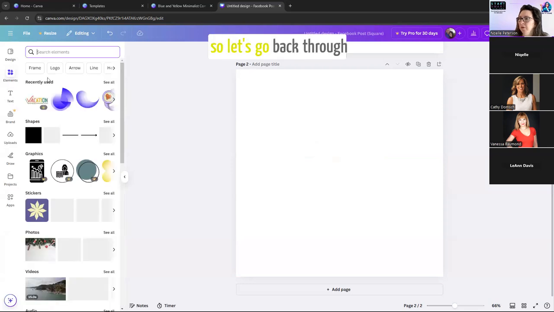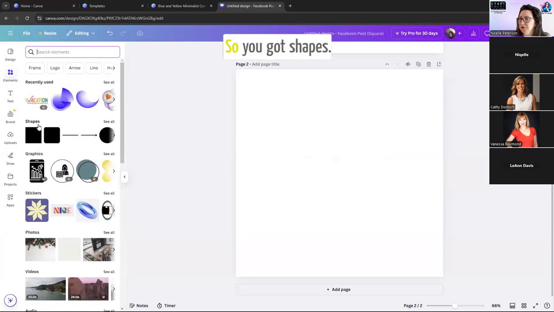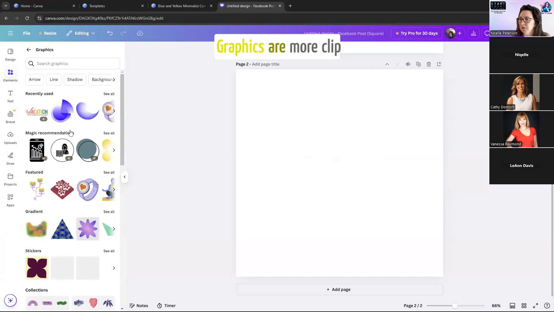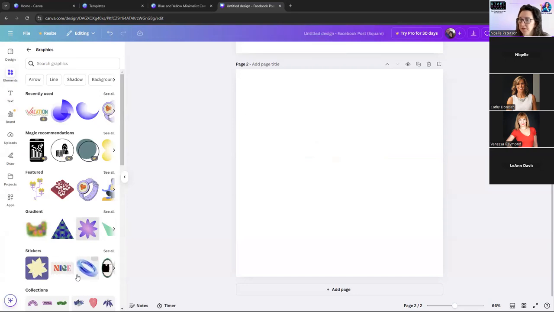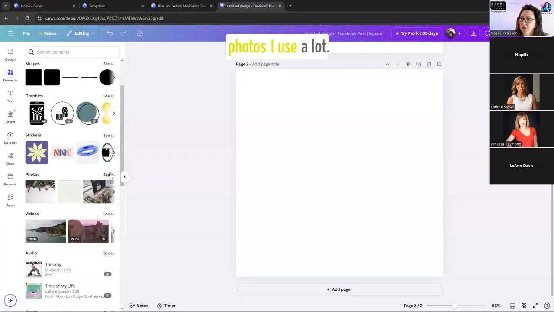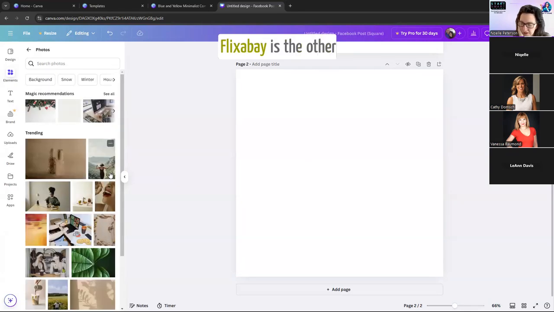All right, so let's go back through elements. So you got shapes, graphics are more clip art based, but some are video kind of as well. Photos I use a lot. So this is kind of like Pixabay, which is the other one I use. It's outside of Canva on searching for graphics or